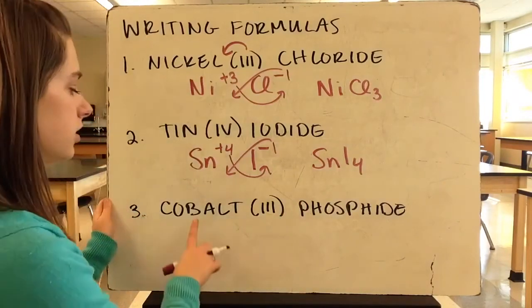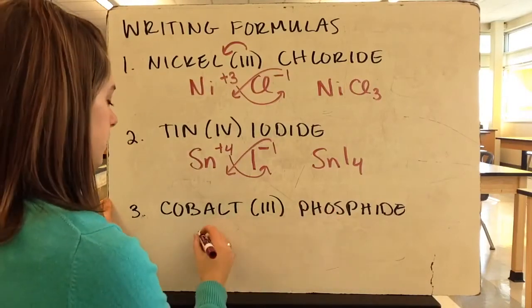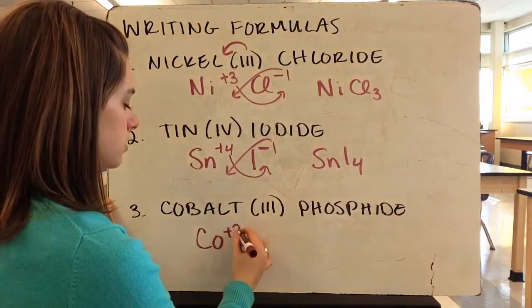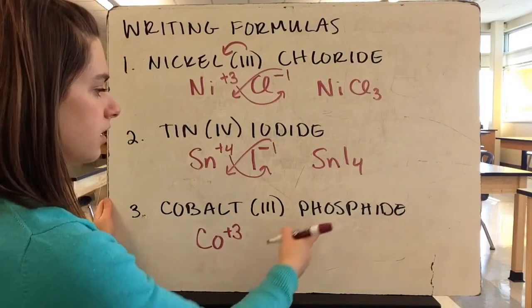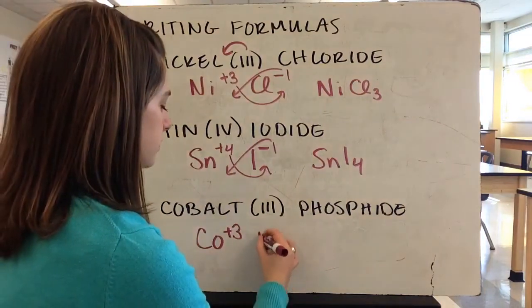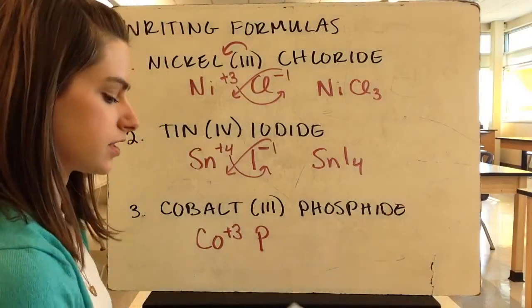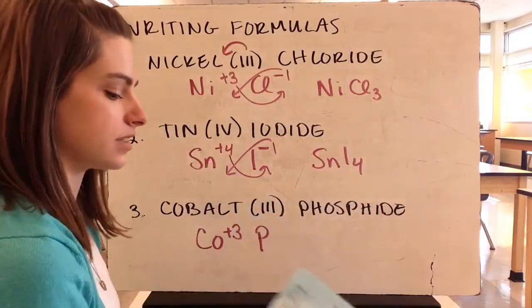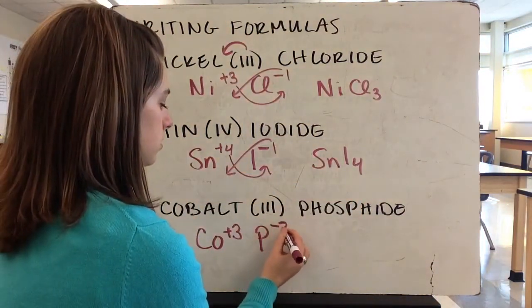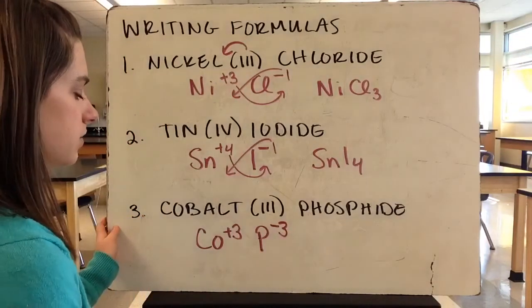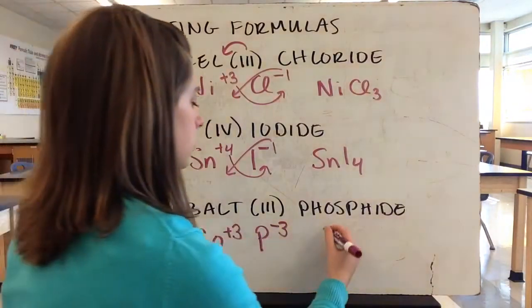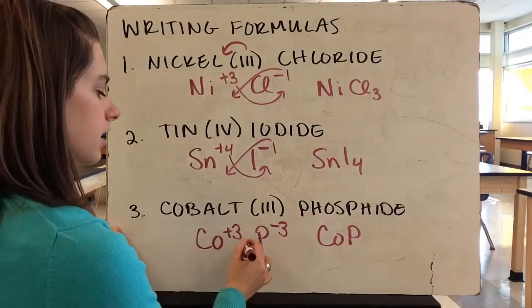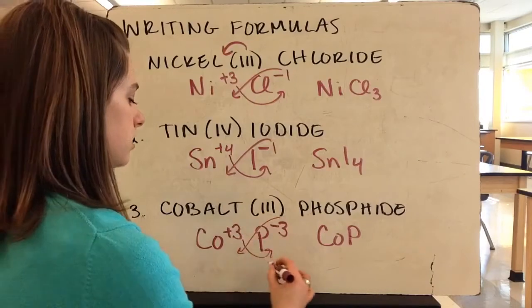Last example, let's look at cobalt 3 phosphide. So cobalt is Co. The 3 tells us it has a +3 charge. Phosphide is phosphorus. We find phosphorus on our periodic table. It's in this column right here, so that has a -3 charge. So phosphorus has a -3. Now, since they're equal, we know that we're going to have 1 cobalt and 1 phosphorus. If we crisscrossed our charges, we would get